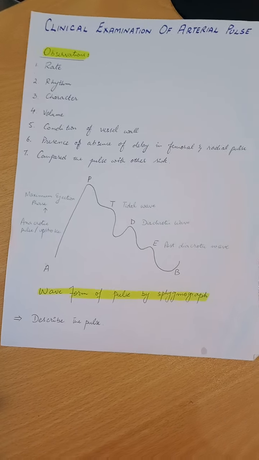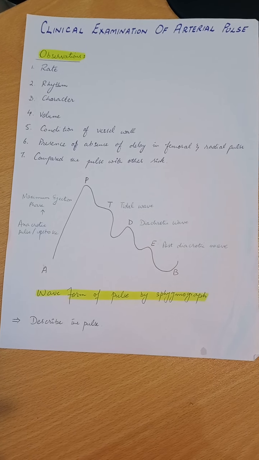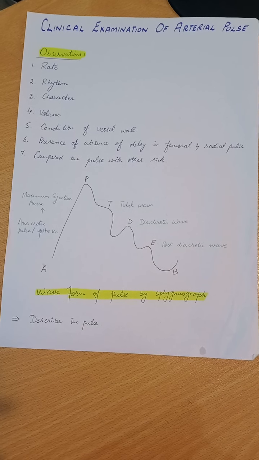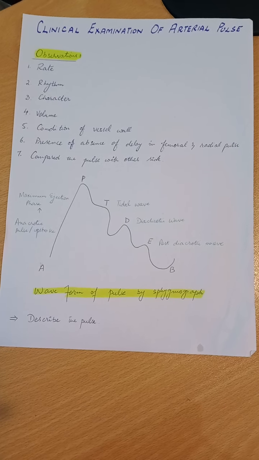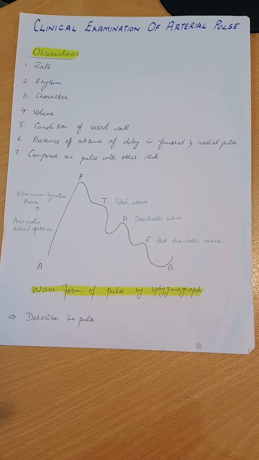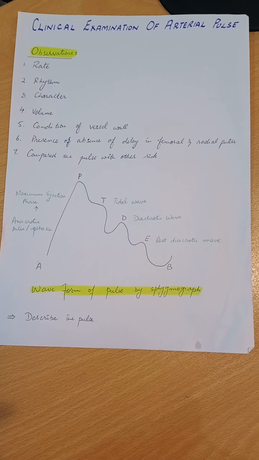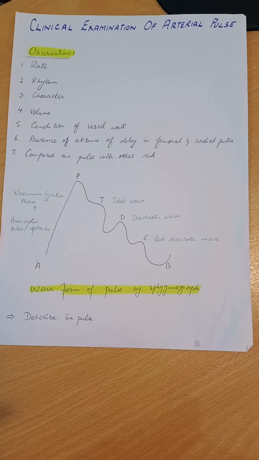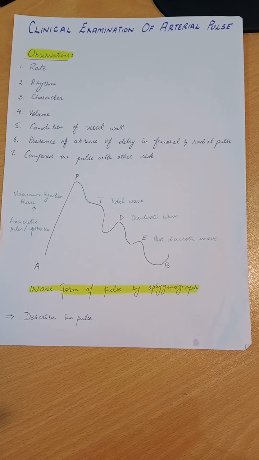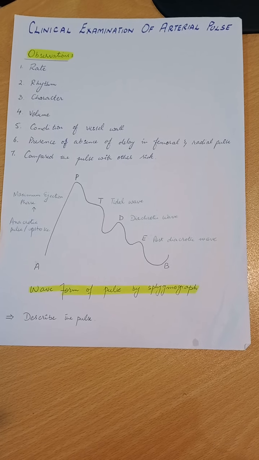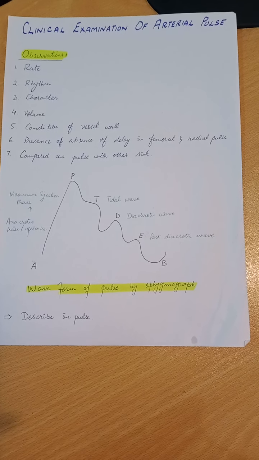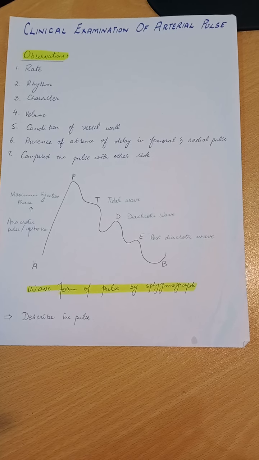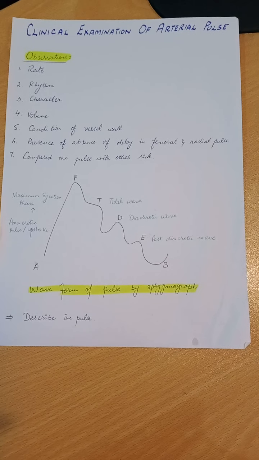Next thing we are going to discuss is the delay of the femoral pulse as compared with the right radial pulse. Normally this condition is found in coarctation of the aorta, which is a condition in which there is deformity of the aorta. Lastly, we will compare the right radial pulse with the left side to find if there is any delay, or to check if they are both synchronous.